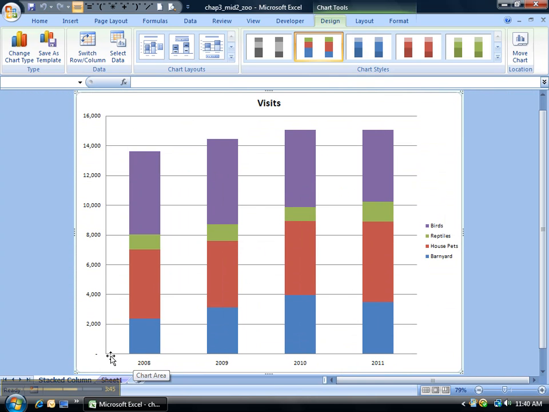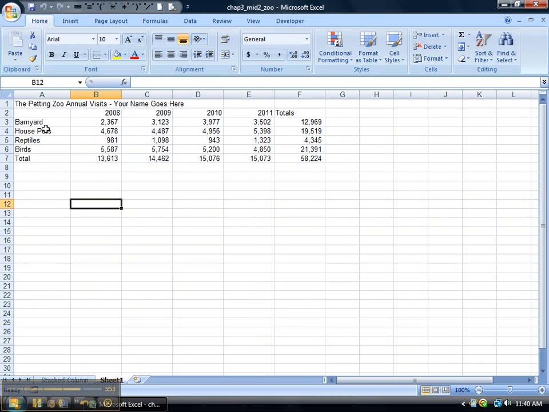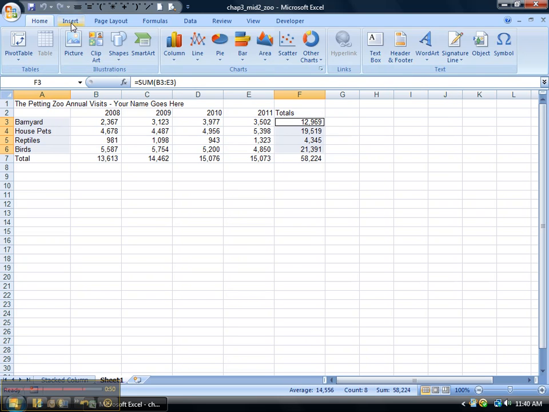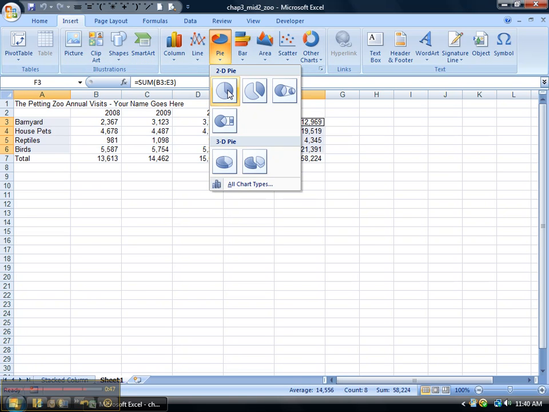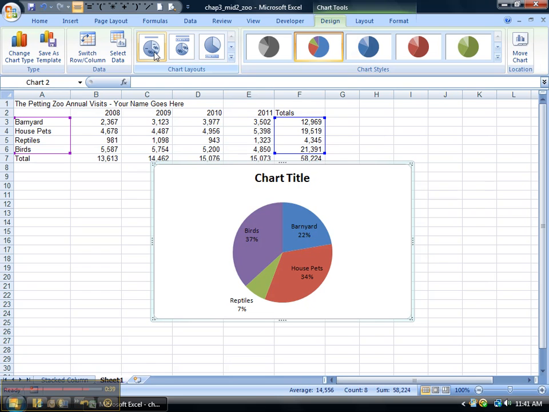I'm just going to go back now to my sheet 1 and create another chart here. I want to do a classic one, the pie chart, to show which of these are our best visited parts of our petting zoo. I'm going to highlight these four labels here, and then the four totals over here, and then this time I'm just going to insert a quick pie graph, this 2-dimensional pie. And then most of the time with charts, these pies, you like to have a percent breakdown. I hit that format there, and then I can have the word visits